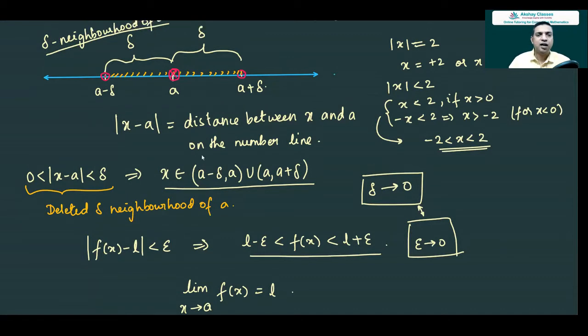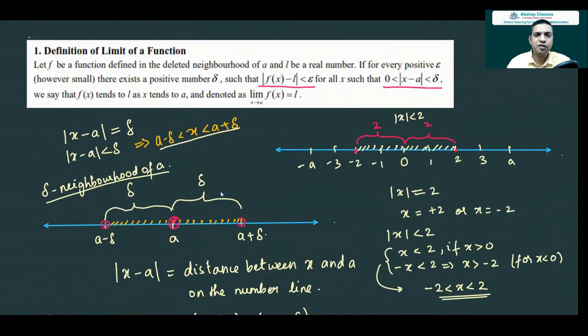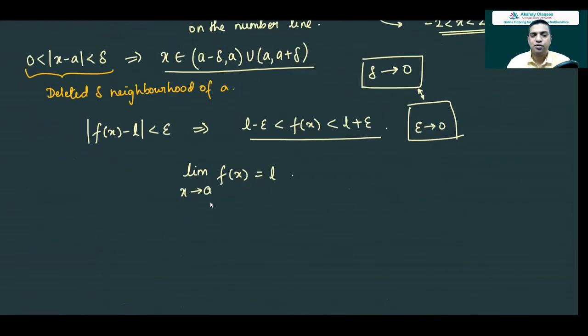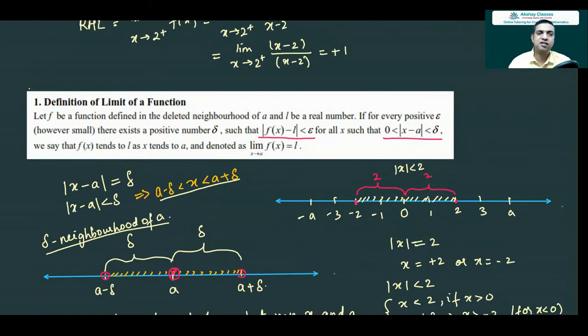Of course, at the intermediate level, this example cannot be given. Only now that you are at degree level, this example will make better sense. So that is the reason why this definition is given, to accommodate all kinds of functions. And this is a very foolproof and mathematically sound definition.